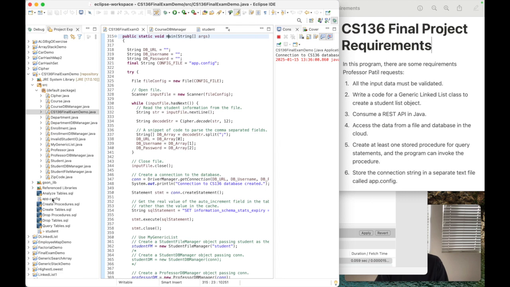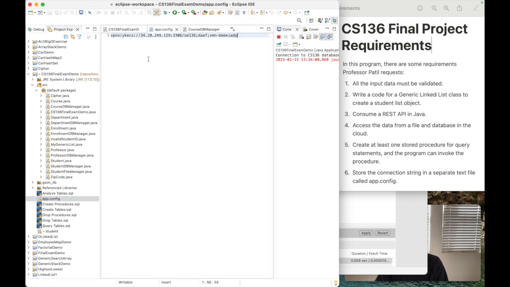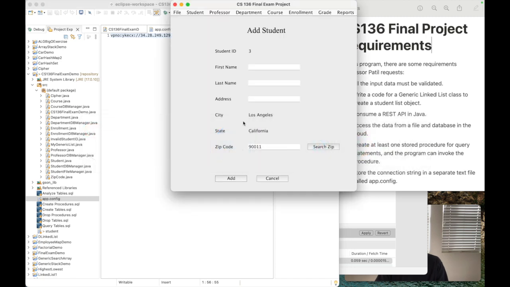So the app.config file is like the IP address for the database on the Google Cloud, and the root name and the password is encrypted, so you cannot find the content. That's it. So this is my program for the